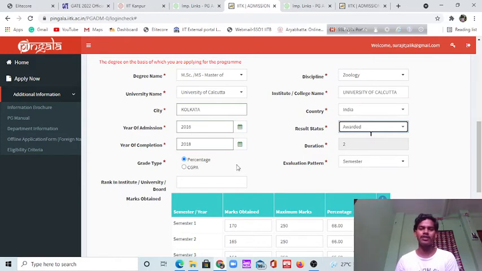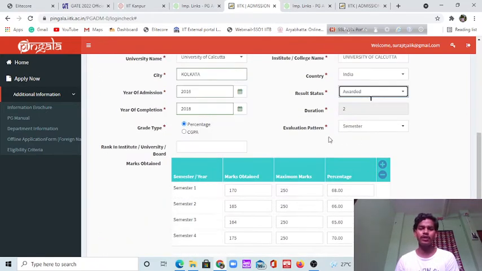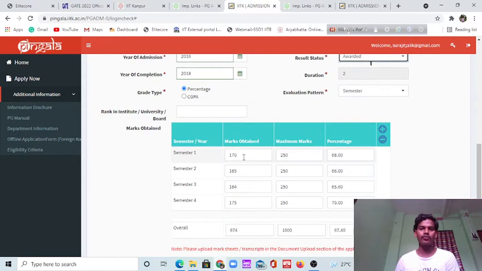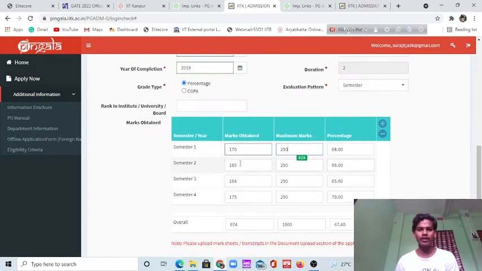Some universities can provide CGPA, SGPA, and so on. So these are the semesters. If you have done your master's program in either MA or MSc, you have to put semester marks and total marks like this, and so on. So overall you have to put it like this, and then you have to select this. And when you fill this in, all this result will come, okay.